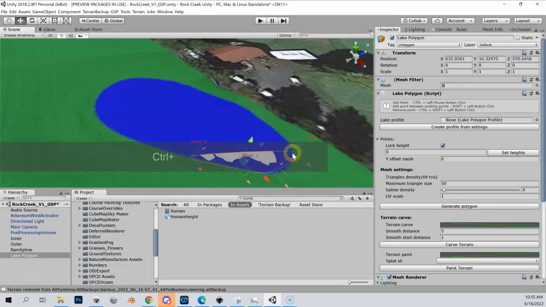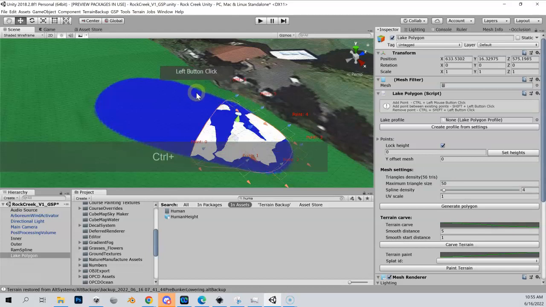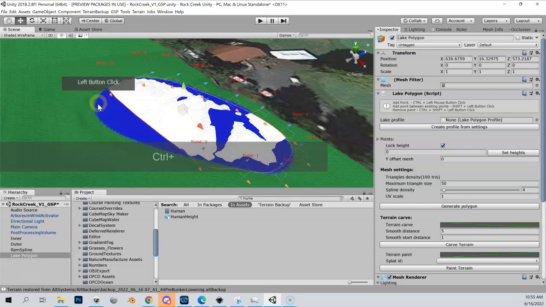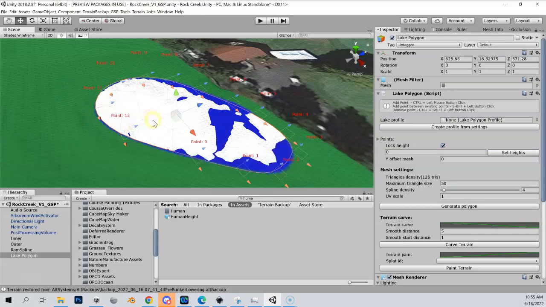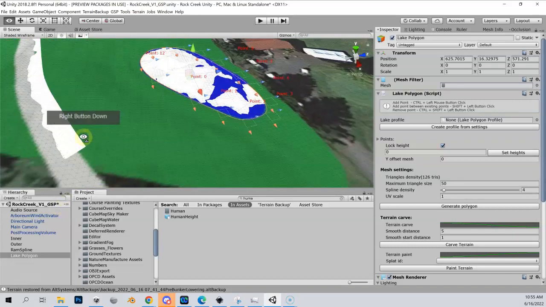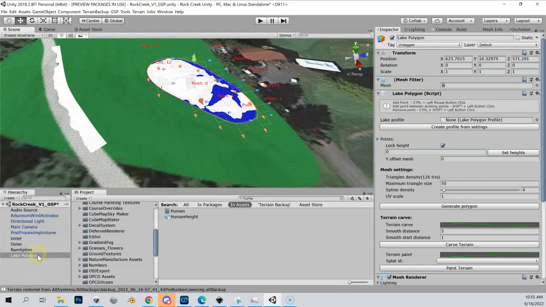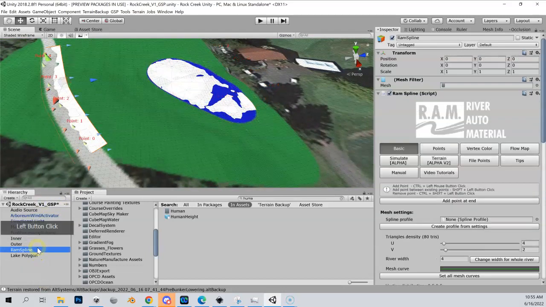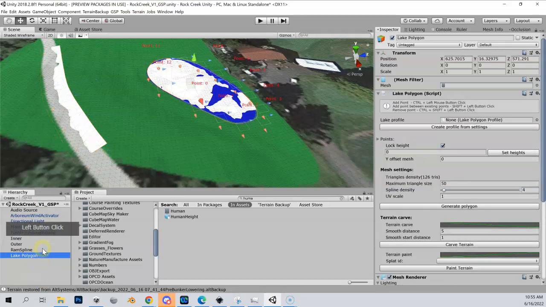But you can see as I do this, it's a little bit different. I'm not getting a straight path. It's filling in a circle. And so if I just click around the perimeter, you can see now that I start to get more of the same splines that we create in Inkscape. And the same thing as before is that I can click and drag and move that around. So I've got 2 splines now. Let me give you a better angle to look at here. I've got my lake polygon, which is circular, and I got my RAM spline over here, which is more narrow